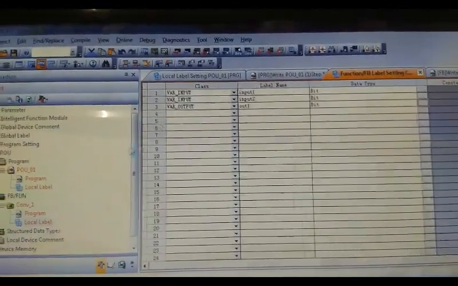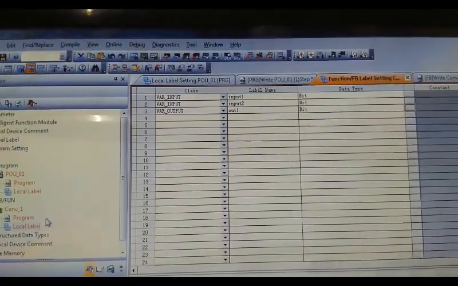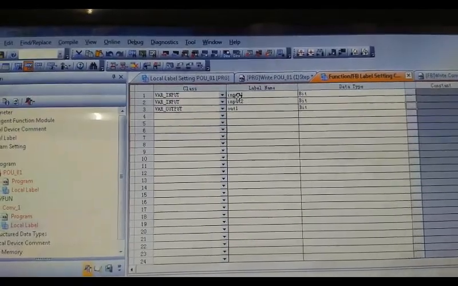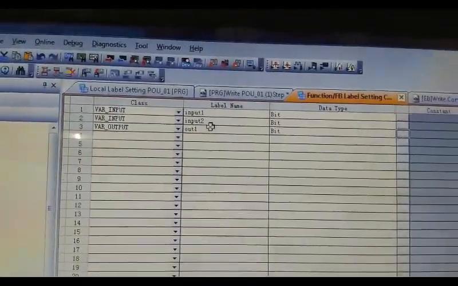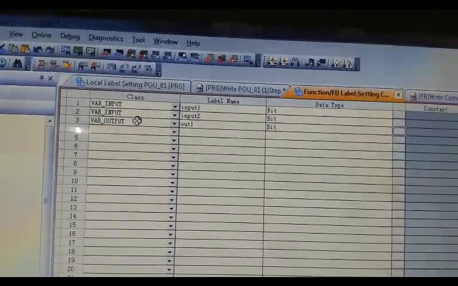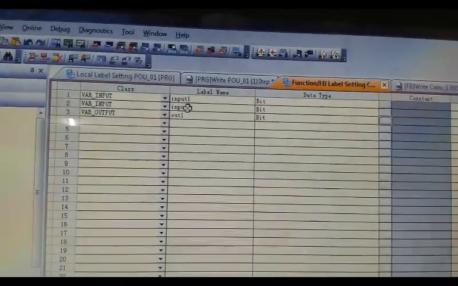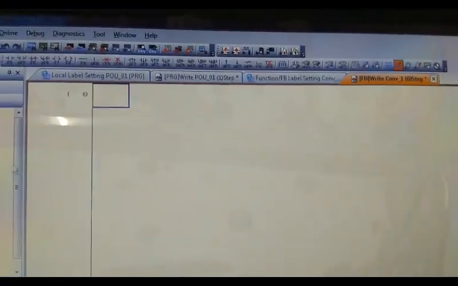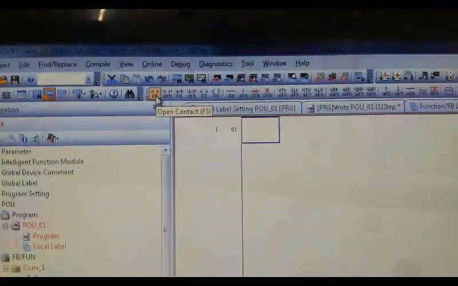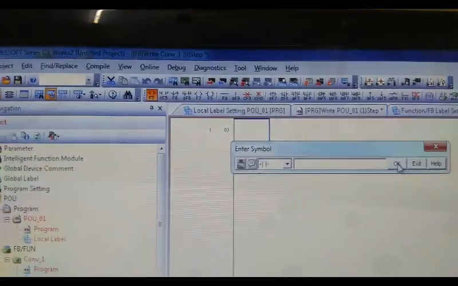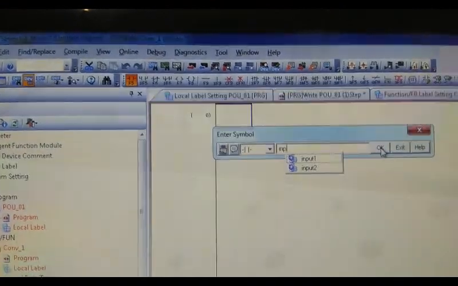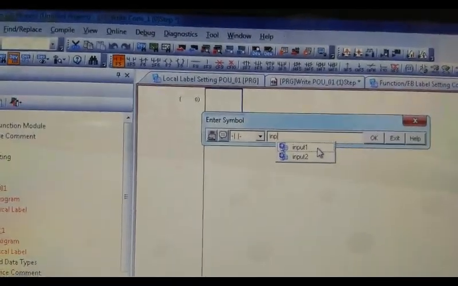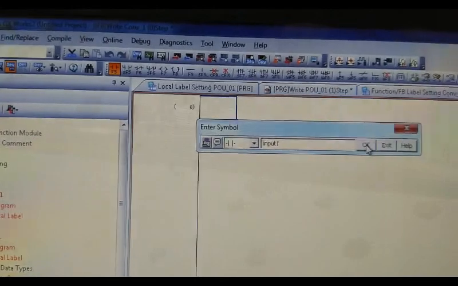Okay, we defined here two variable inputs, input 1, input 2, and one variable output 1, and all three are bit types. Then go to the program, and here we select F5 contact, and you simply write input. So both inputs are coming here. Select one and OK,